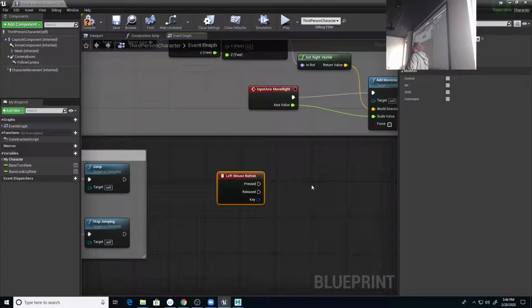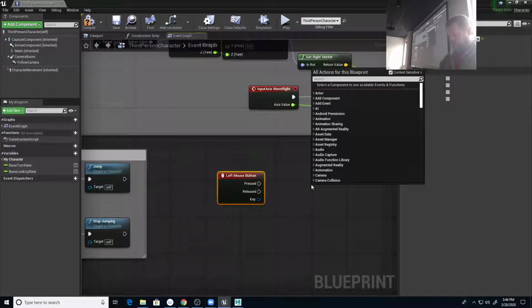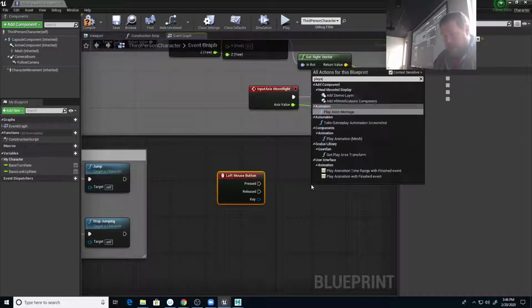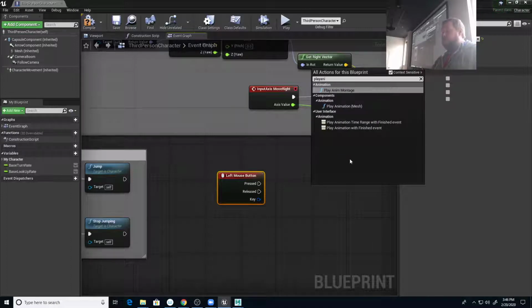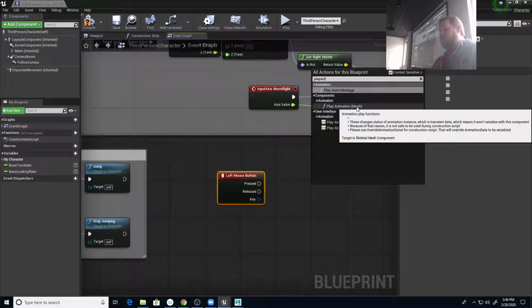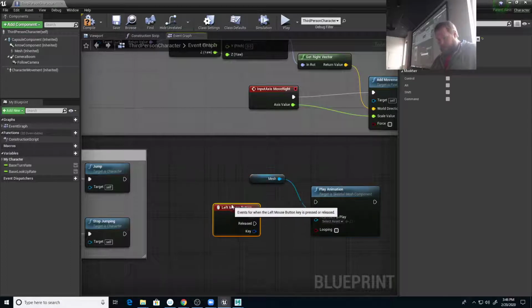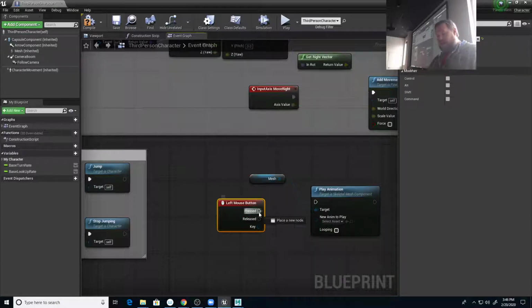In this case, to make the character punch, we just need to play that punch animation. So when I press the left mouse button, I want it to play an animation. So I'm just going to start typing play anim. And so we get this play anim montage or play animation mesh. I'm going to do play animation mesh because I just needed to play that one animation. So let's click that. And then I can drag pressed to this button right here. And if I hit compile and save,